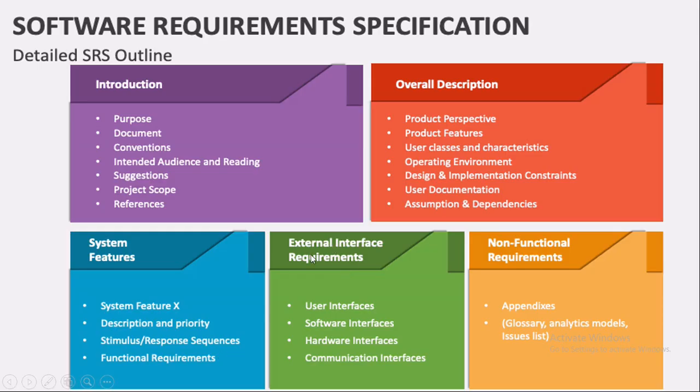Then we have external interface requirements. So how the software talks to the users, hardware and other software. Here we have a GUI, that is a user interface, then software interface. What are the different hardware interfaces I am going to require for my software? What are the different communication interfaces I require? If I require any communication interface, that is what we are going to write in external interface